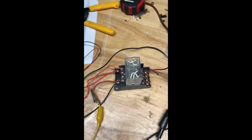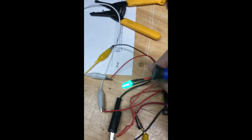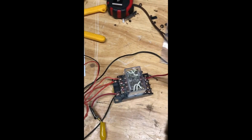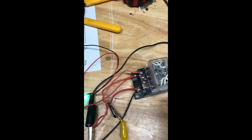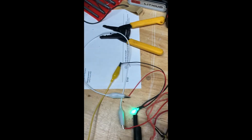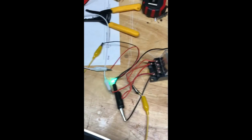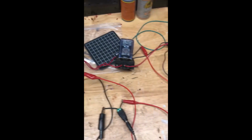Let me turn this 120 off. So you hear the relay is buzzing as it should, but you don't get the flicker that you would with the 120, because this is a much more aggressive current going through it versus a 12 volt DC motor at 1 amp. So you don't have a whole lot of amp going here. It's very safe to touch. You're not going to feel a shock or anything, but again, you don't get the flicker that you would